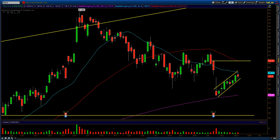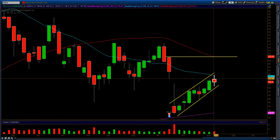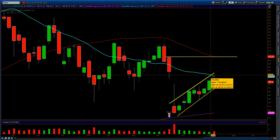All right, so a nice day in the market today, depending on what you're looking for. Looking at Tesla here for Monday, May 20th. It's Tuesday. Here's your daily chart. Last night I had mentioned that I would love to see a pop up to this blue line, the 20-day moving average, and then pull back off of that line. That line today is at